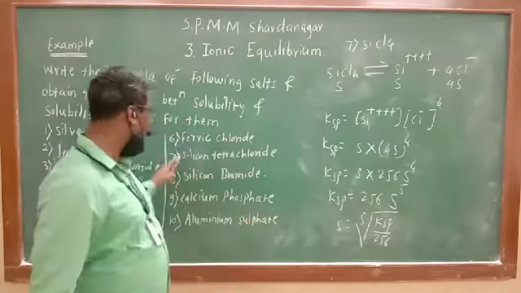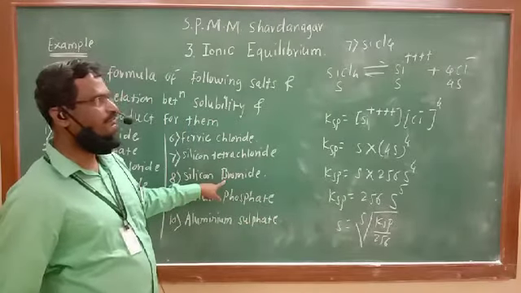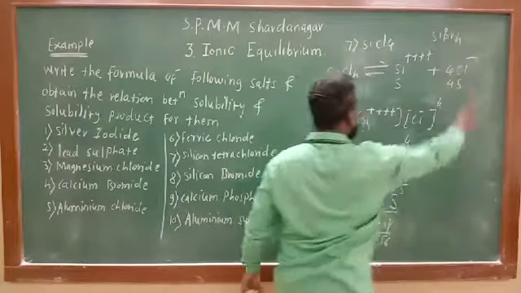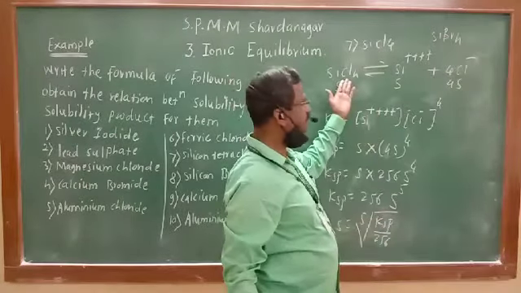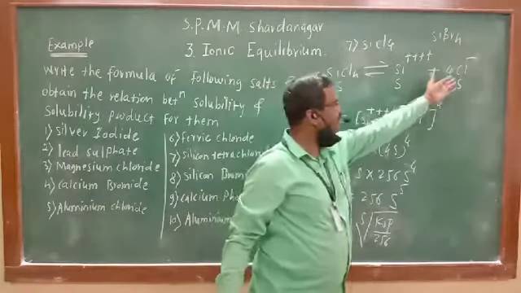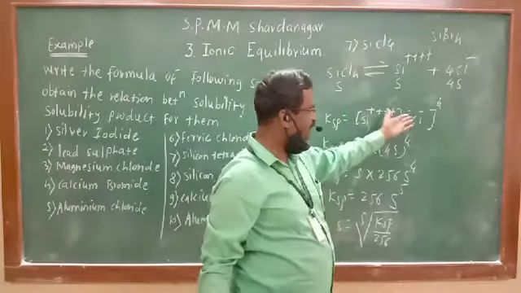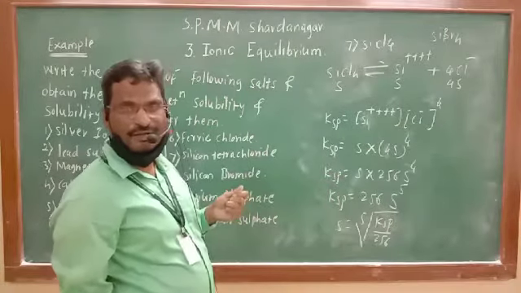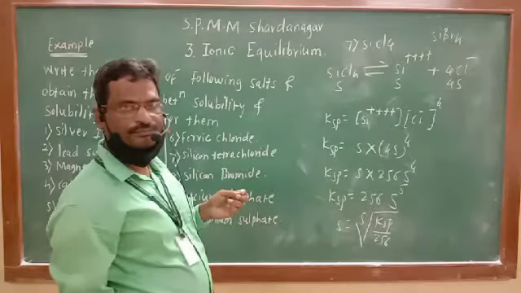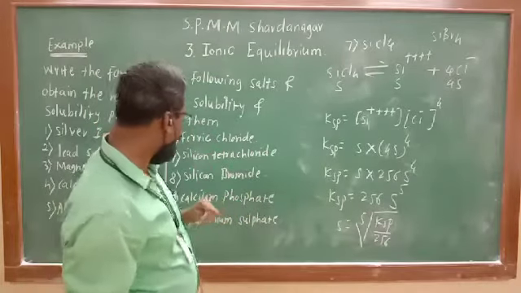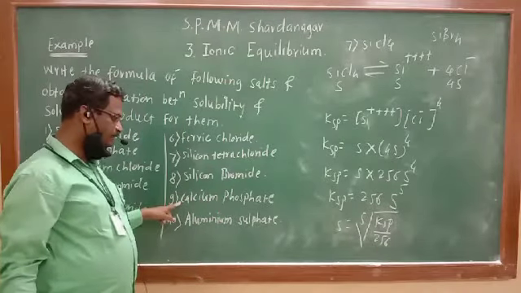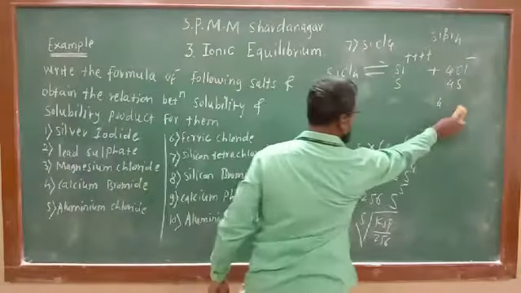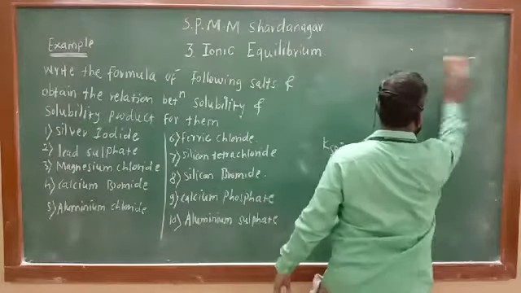And in the similar manner, this is silicon bromide. Instead of SiCl4, here it is SiBr4. Only instead of Cl, write Br. Here Br, the remaining part is the same. Only Cl is replaced by Br. That will be the analysis of silicon tetrabromide, the fourth type of salt. And the last type of salt is important: calcium phosphate and aluminum sulfate.